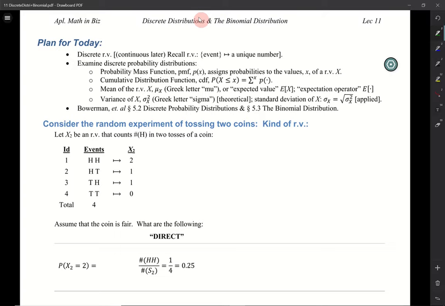It's kind of simple, but it's also very, very sophisticated, and so we want to build up to understanding that by starting with the discrete distribution and specifically the binomial distribution. Okay, so